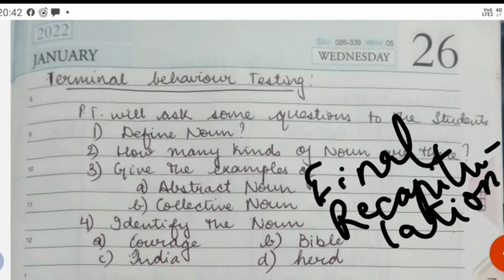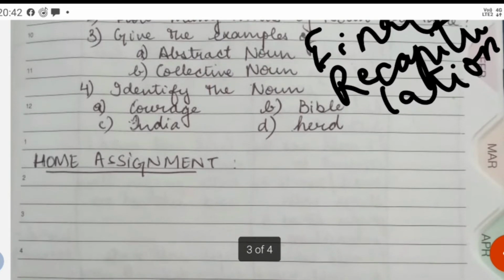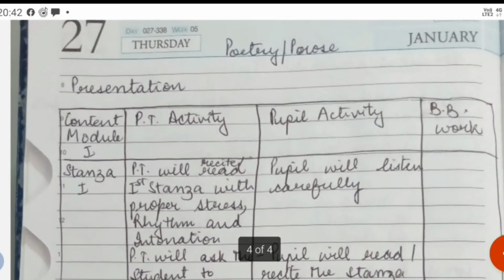लाइक डिफाइन नाउन, हाउ मेनी काइंड्स ऑफ नाउन आर देयर, give the examples of abstract noun, collective noun, then identify the noun, आपने identify करना है। So this is the way how you are going to write your terminal behavior testing, right? अब ये जो टर्मिनल बिहेवियर टेस्टिंग है इसमें कम से कम 4 to 5 क्वेश्चन होने जरूरी है। नेक्स्ट कम्स दी होम असाइनमेंट। होम असाइनमेंट आपने वैसे ही दे देनी है जैसे आपको क्लासरूम्स में मिलता है, ओके।